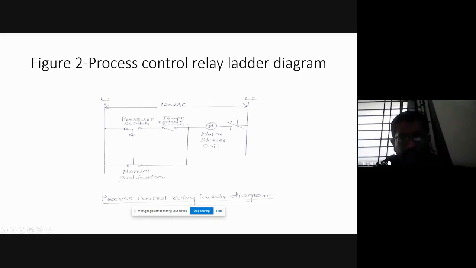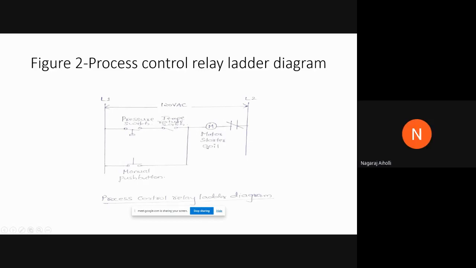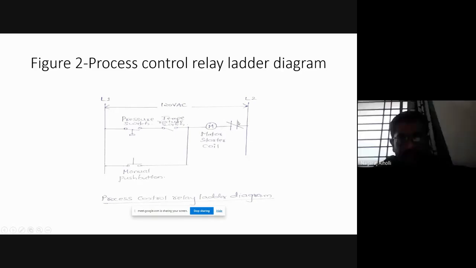Once the pressure and temperature switches get closed, the motor will be energized so as to rotate the liquid in the container. Right. And this is the motor starter coil, and this is the output. That is the motor coil arrangement, connected to L1 and L2, the line voltages, that is 120 volt AC. Okay, so now here we have to understand why it is connected only in this way.